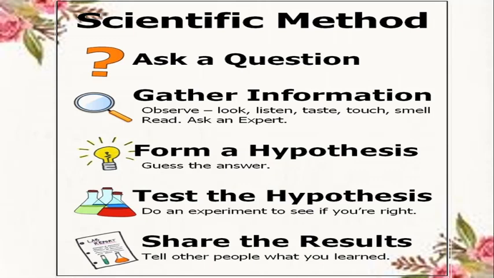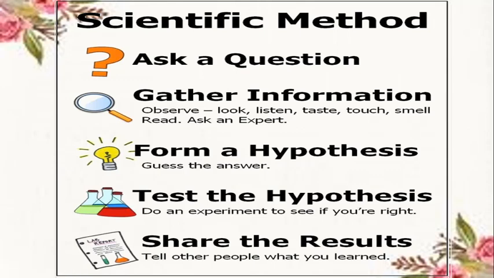So if you follow the method of science, what all things do you do? You first ask a question. Can you see the arrow moving on the screen? I have told you previously also that when I move this arrow on the screen, I want to highlight a particular point. Okay, so asking a question,